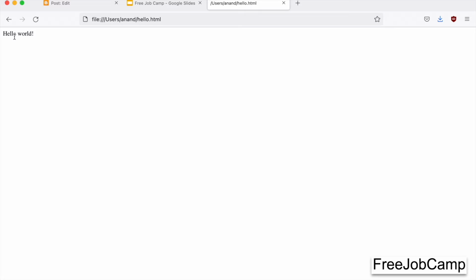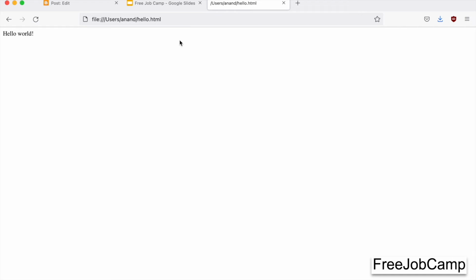So to get started with front-end coding, all you need is a notepad and a browser. These two tools are available in almost all operating systems, whether it is Windows, Linux or a Mac, it's already there. But if you are choosing some other programming language or a backend language, you might have to undergo some installation steps, and then you have to install particular editors, and then there will be additional steps like compiling, building, etc. So for those roles or those courses, the entry barrier will be a bit high.